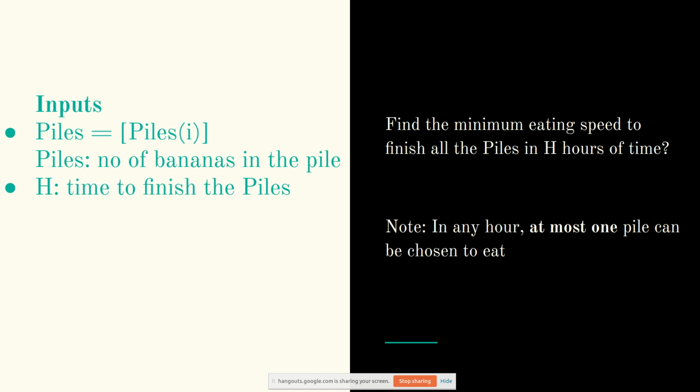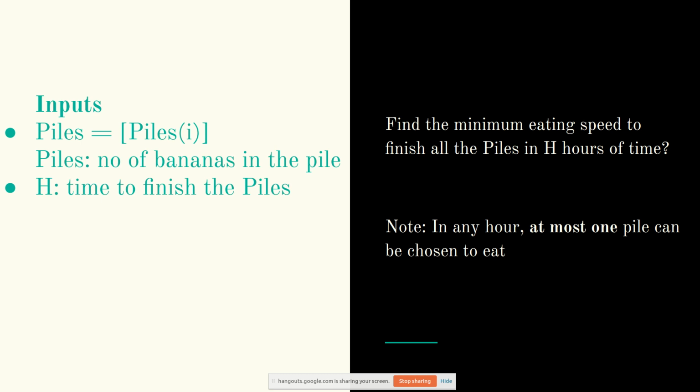We are going to touch only one pile, finish 5 bananas and stay there. Although our speed is more than our availability, which is 5, we are not going to take another pile. That is a condition. That's how the problem is stated.